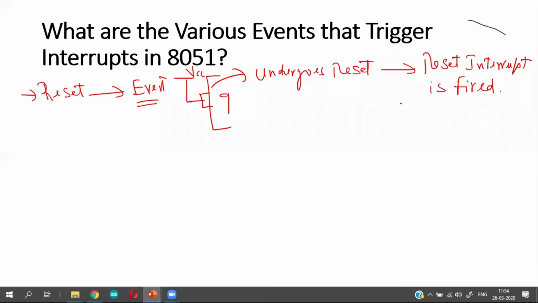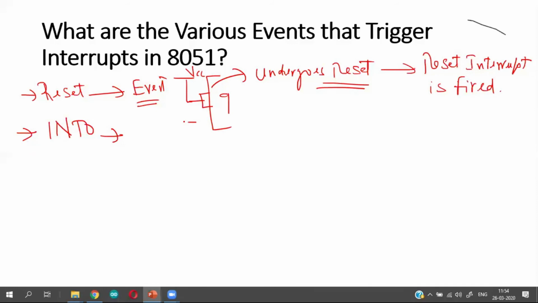Reset interrupt is fired whenever pin number 9 or the reset pin is connected to the power supply pin. Or more simply, whenever reset happens, the reset interrupt is fired. The second event is external interrupt 0, INT 0.